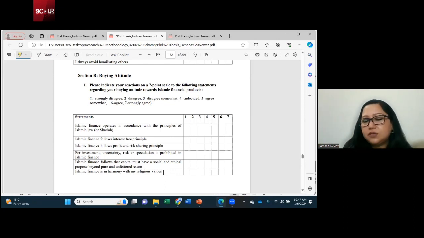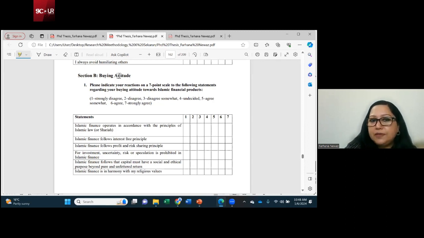Some authors have already done the research and came up with their measurement scale for the variables. So we usually borrow the existing scale, and we rewrite or modify the items. Suppose this buying attitude, I have used it from, suppose, Moklis